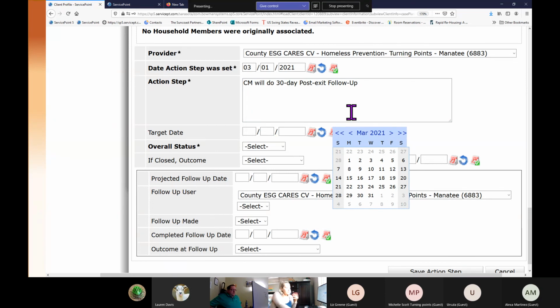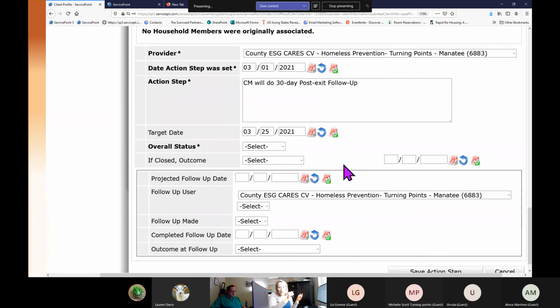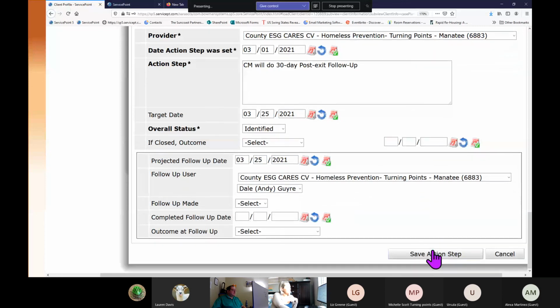You guys have your own way of recording that, but for purposes of training and future reference, we're going to add this. Give yourself some leeway time, because there are specific reports where, if you're not within that 30-day window, the system doesn't report it. If you didn't do a 30-day post-exit follow-up within 30 days, it's going to show that you didn't do the post-exit follow-up. So you always want to give yourself a week or a couple of days before to remind yourself that this is happening and that we need to do this post-exit follow-up. Save action step,